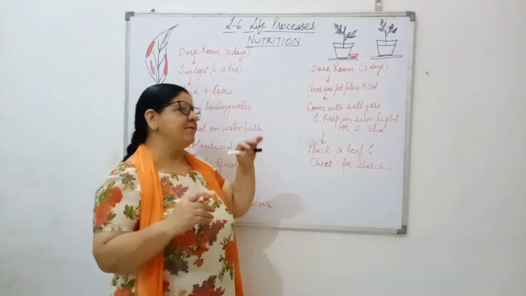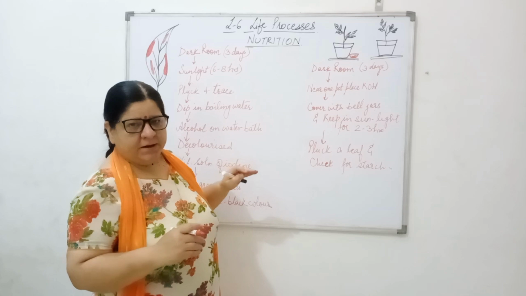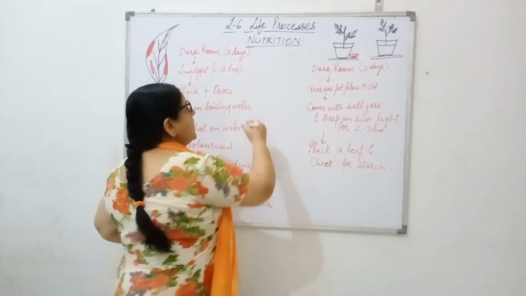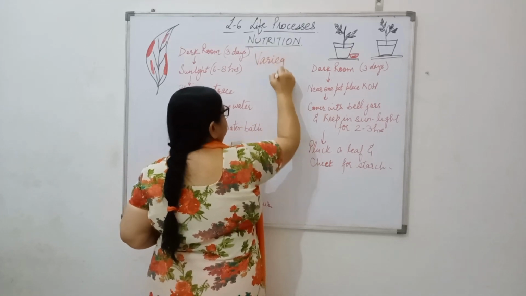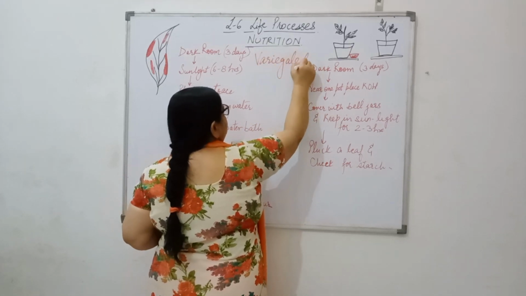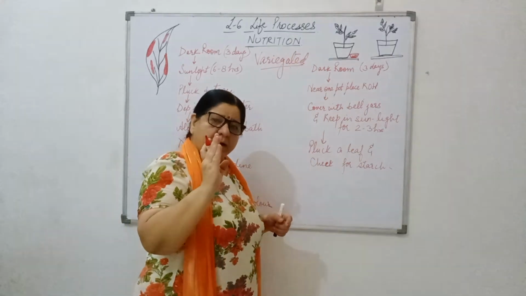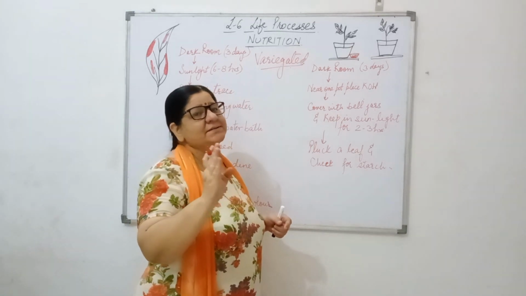In this activity, what we do is, we take a potted plant which has variegated leaves. Now these variegated leaves, what does that mean? Variegated, what does this word mean? This means the leaf which has other color also on it, other